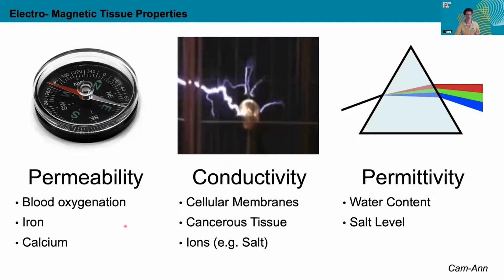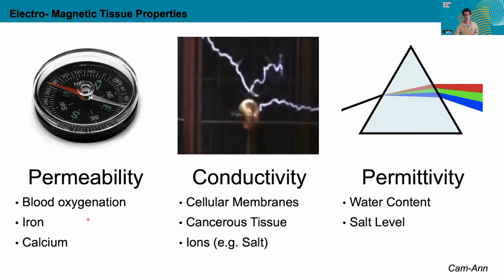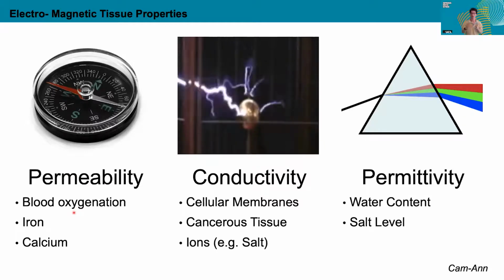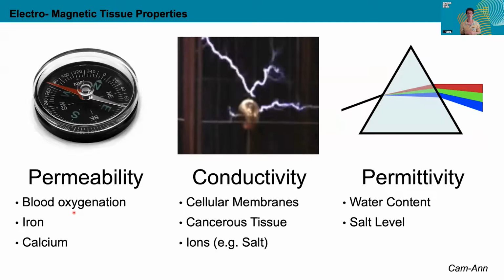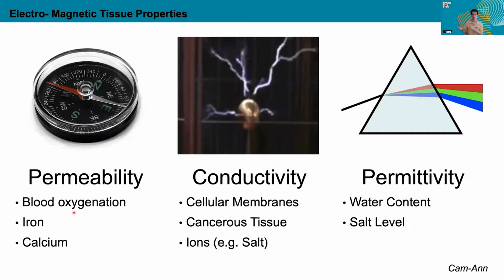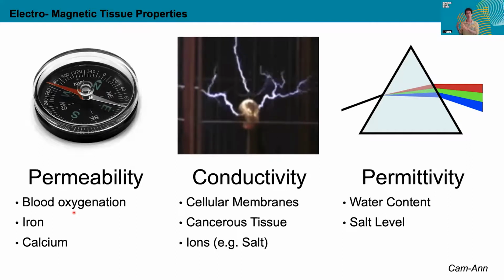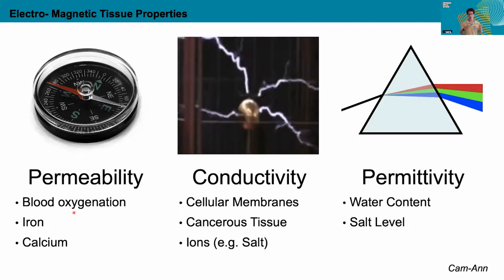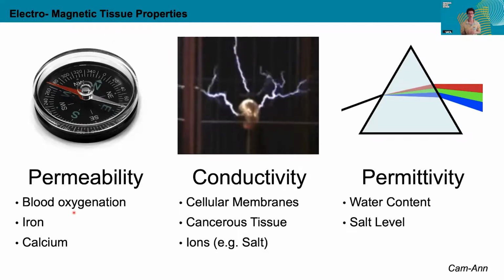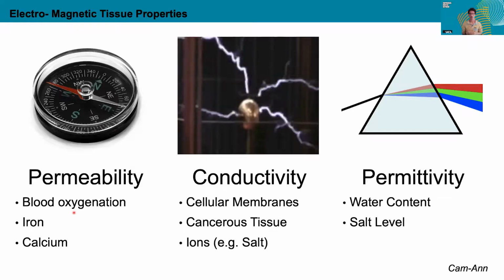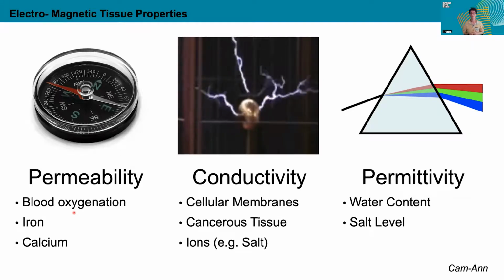Some of the examples I have in the brain are the blood oxygenation, which is also used to do functional imaging, which changes the susceptibility of the material to the applied magnetic field. Then there's iron content, which seems to turn up a lot in dementia and other neurodegenerative diseases. And for example, calcium, which is in calcifications in the brain in the elderly, which all have various impacts on the susceptibility of the brain. Then there's conductivity, which clearly tells you how conductive the material is.